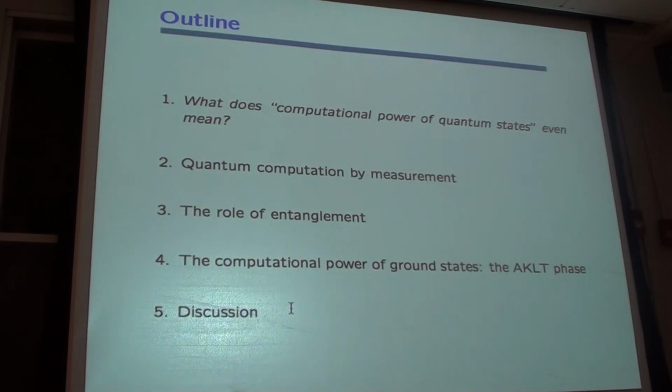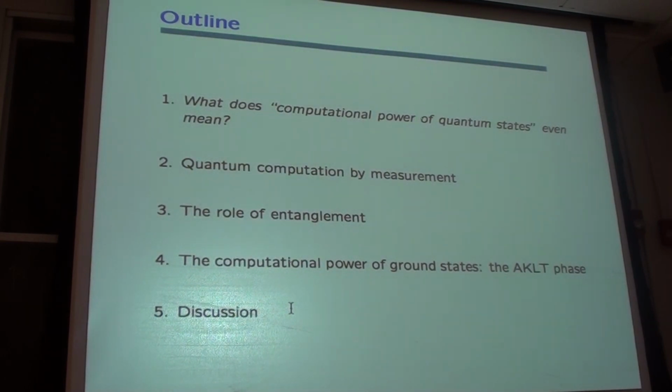Oh yes, I will do it in the talk, and since you asked me, I can do it right now. AKLT stands for the four names: Affleck, Lieb, Tasaki. Did I forget anybody? Affleck, Kennedy, Lieb, and Tasaki. And what is this? It is a specific